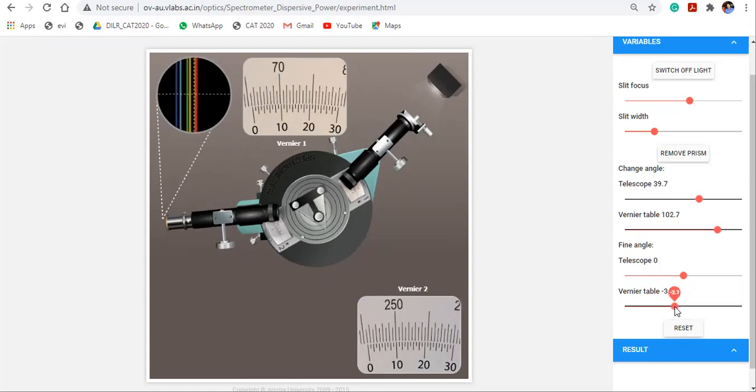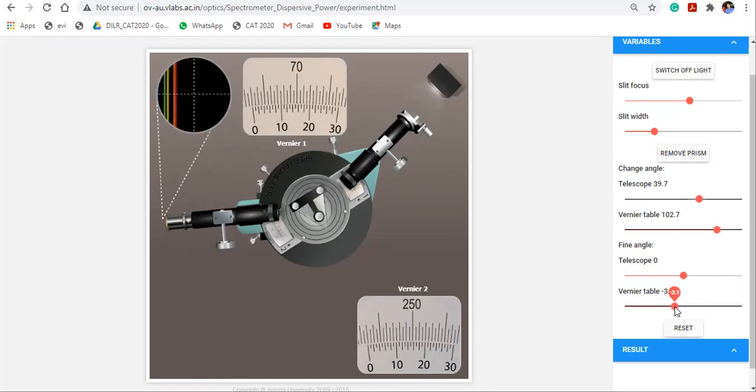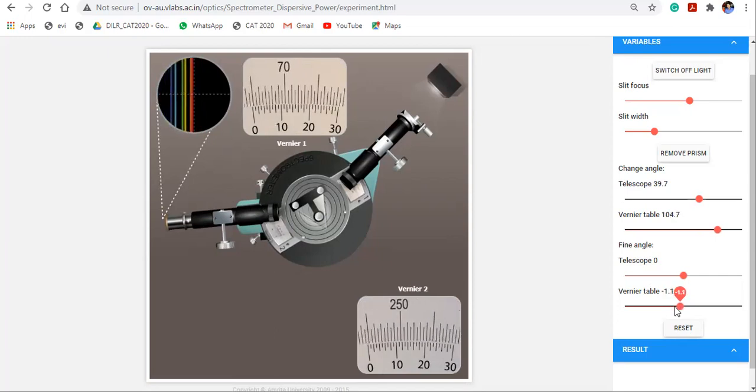Now in one direction we see that spectrum moves as we move the vernier table. Similarly in another direction it also changes with the vernier table.